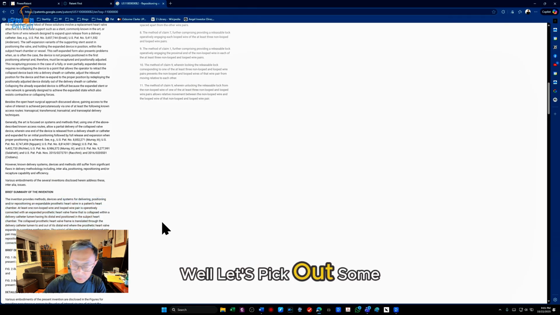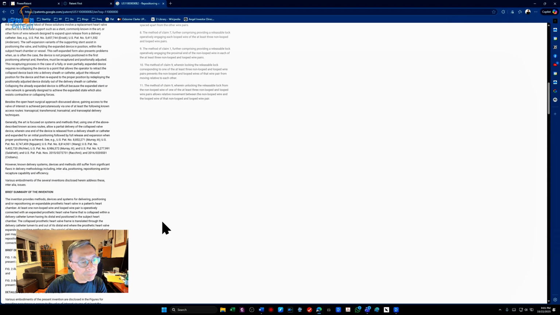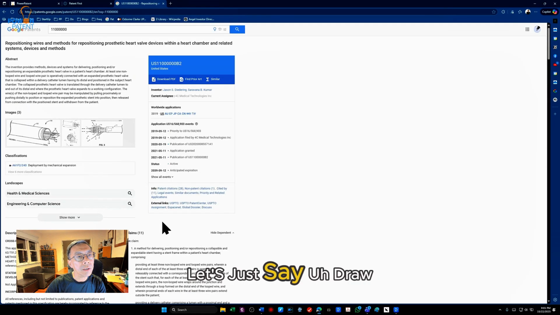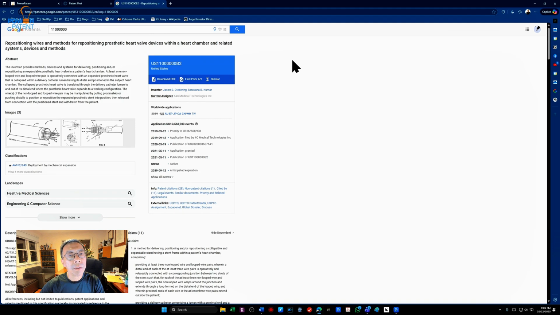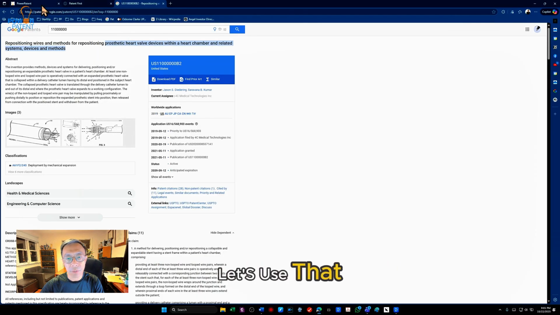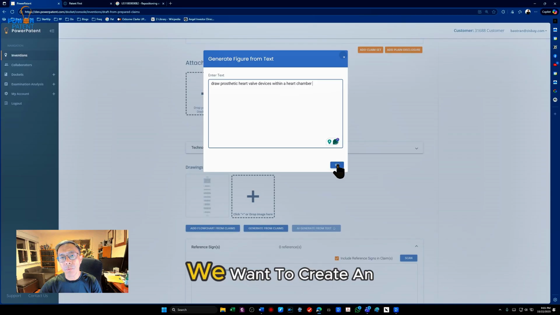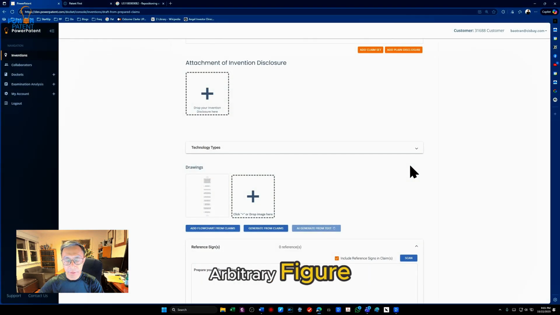Well, let's pick out some text that we can ask it to generate. Let's just say draw a prosthetic heart device within a heart chamber. Let's just use that. So let's just do that. Let's just say we want to create an arbitrary figure.